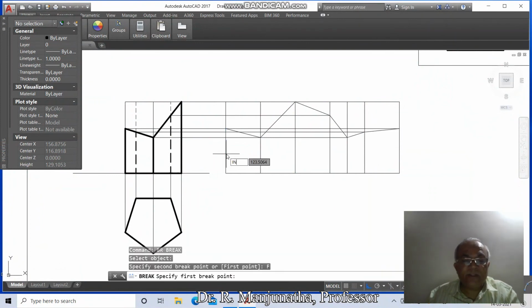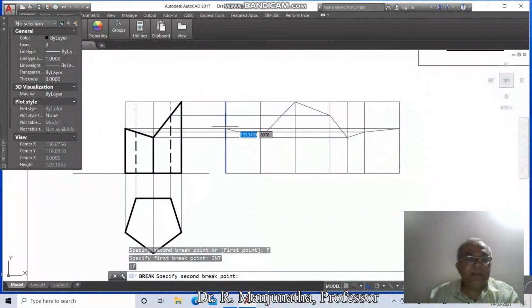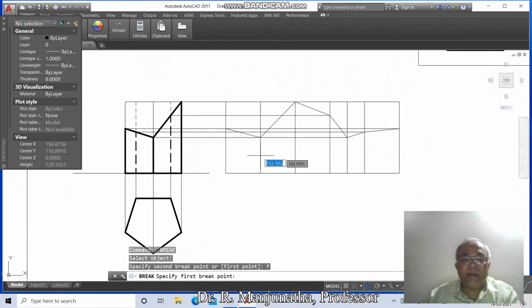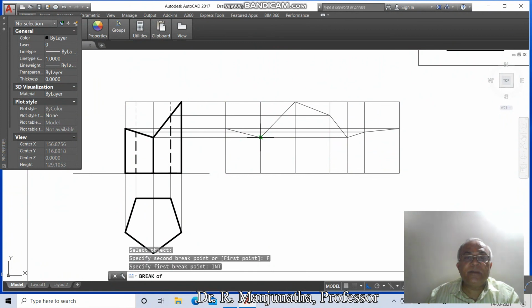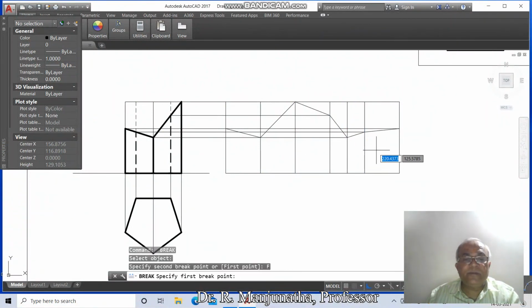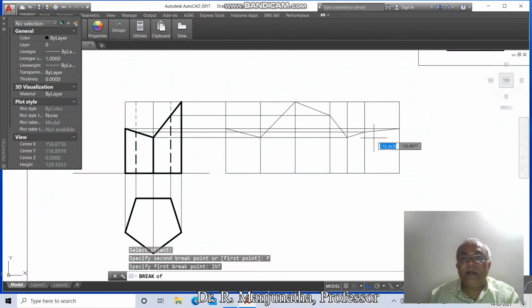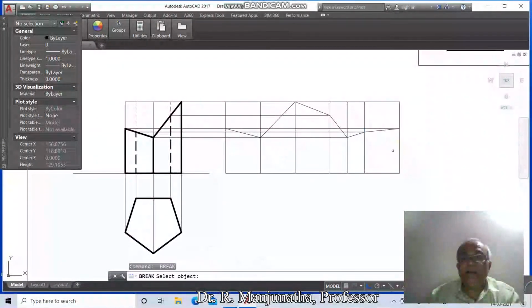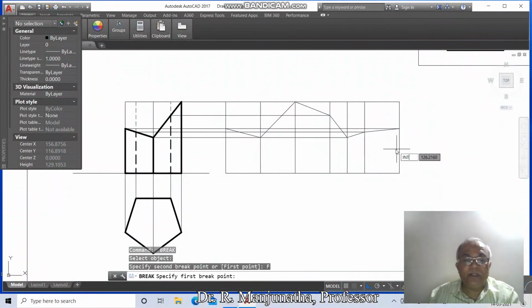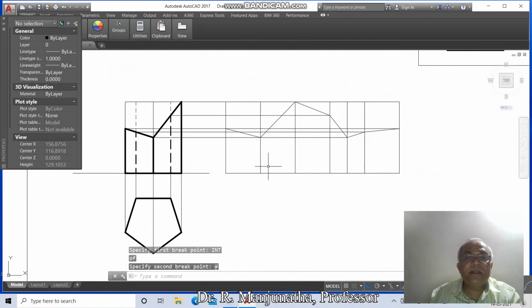select this, first point intersection of this and say at the rate, break first point intersection point of this and at the rate, then break first point intersection of this and at the rate, and repeat the same for the remaining points.